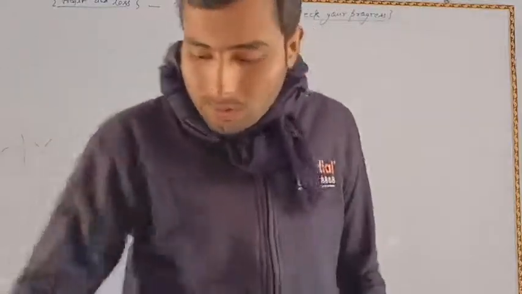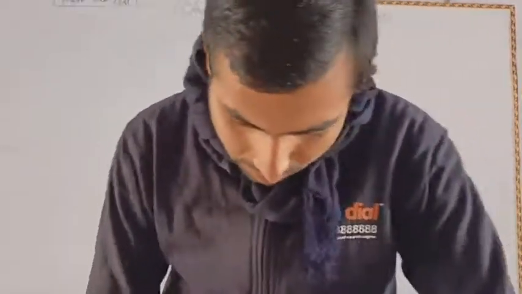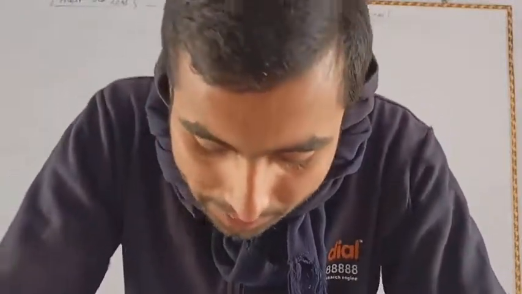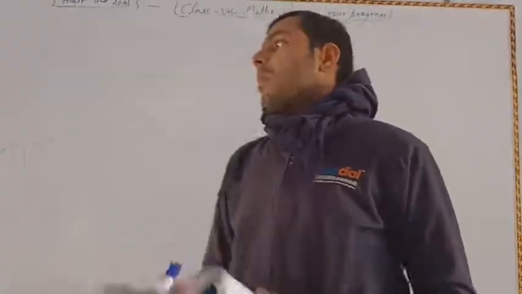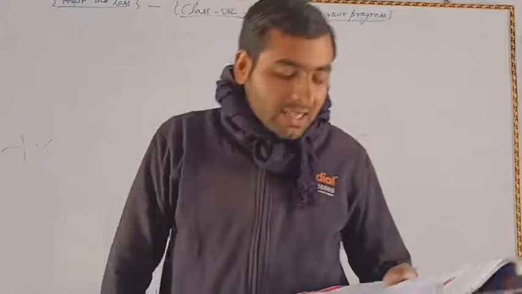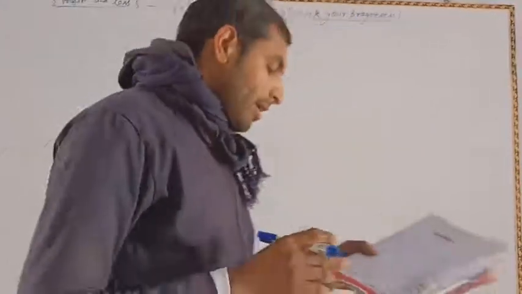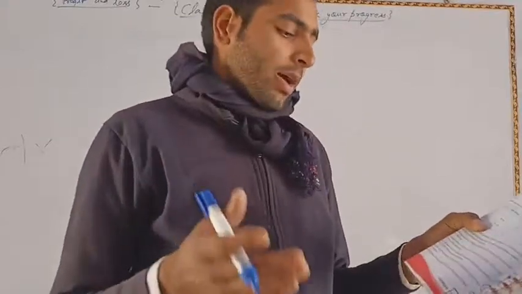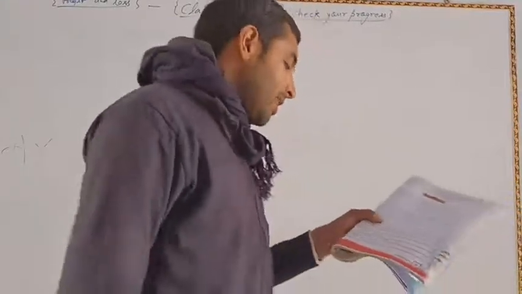Again we have to solve. Here it is given that a fruit vendor bought 10 kilogram of mangoes for rupees 350. He sold them at rupees 42 per kilogram. How much profit did he make for 1 kilogram of mangoes? First of all, you have to find the price of the mangoes per kilogram, because he bought 10 kilogram of mangoes for rupees 350.